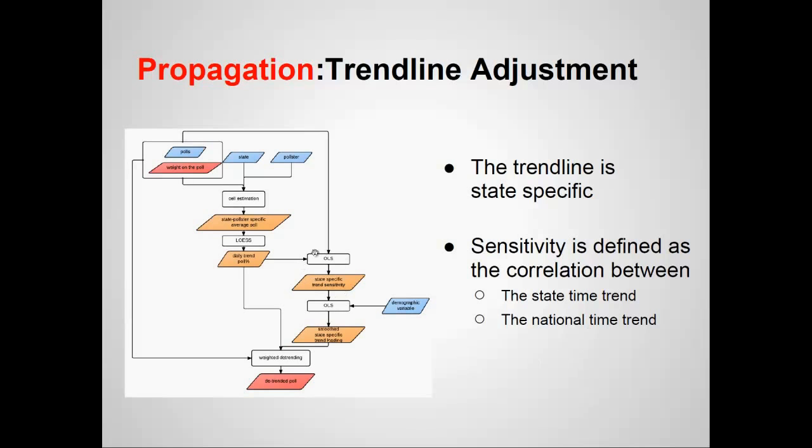The way he did that is, after we get the daily sentiment nationally, he also does a similar calculation about how each state fluctuates from one day to another, and you just calculate the correlation coefficient on the two time series, and you get a state-specific trend sensitivity,